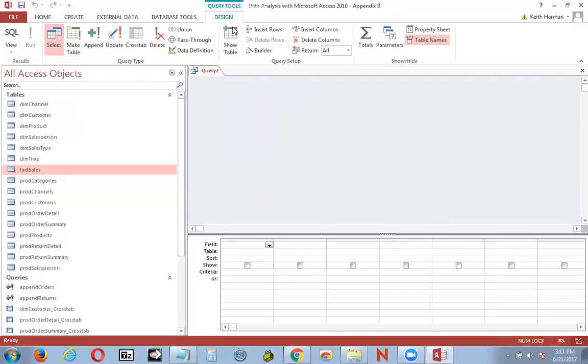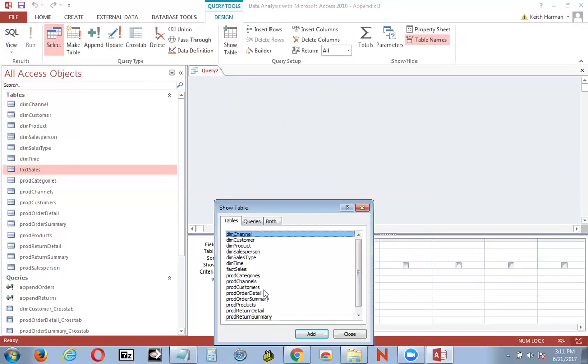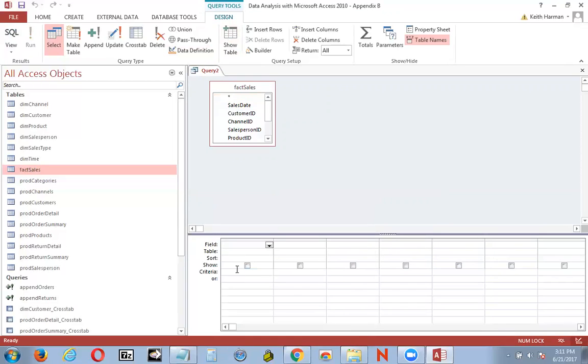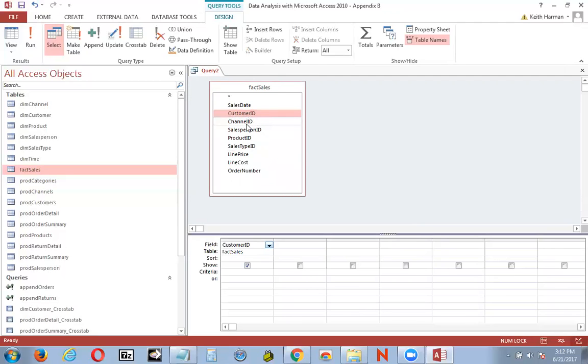And I'll just choose the fact sales table. And I'm going to get fact sales. I want the field, customer ID, and I want the channel ID,